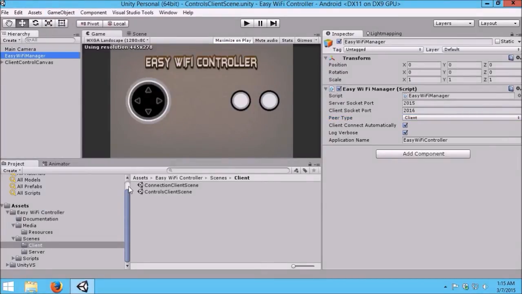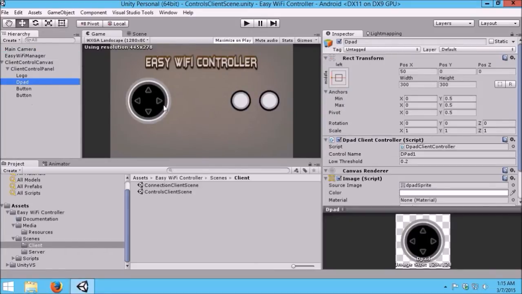Client side, there's various controls you can easily put into your scene and anchor it however you wish with the new Unity GUI. You have D-pads, joystick, buttons, various types of controls. We can see these in the client scene here. It creates, when you go to the menu, its own client control canvas with its own panel. But if we go to like D-pad here,